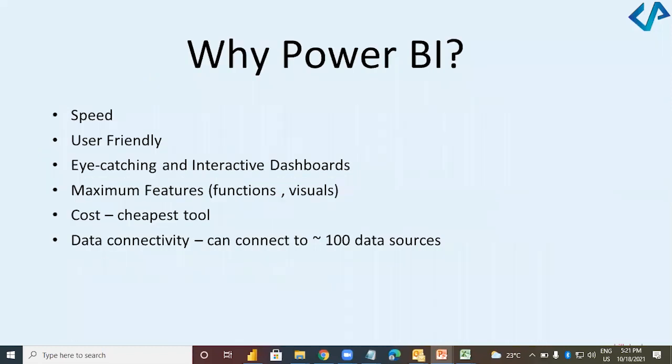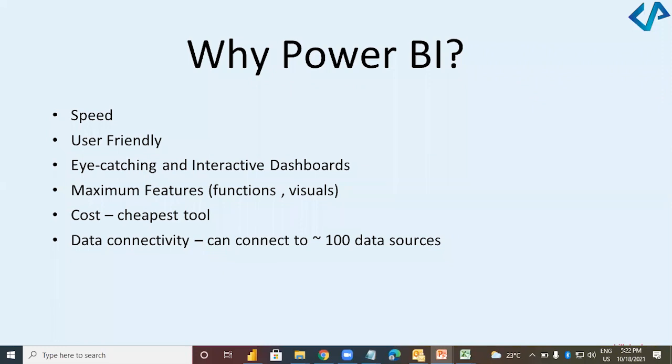Proceeding further, why do we need Power BI? The number one answer is speed. Power BI provides us great speed. On average, how much time does it take to create a chart in Excel? I hope all of you are working in Excel, right?